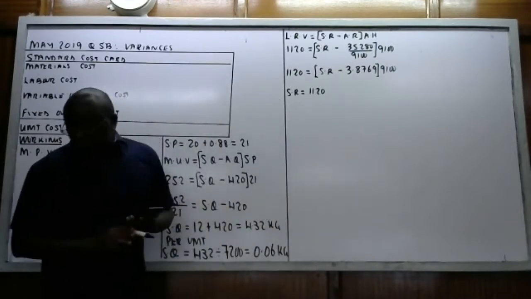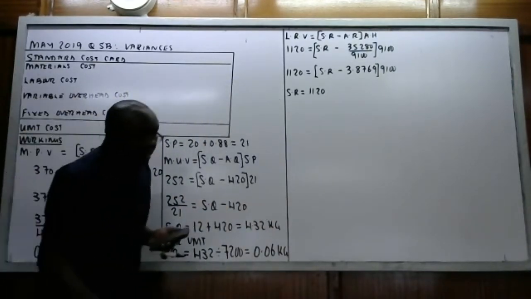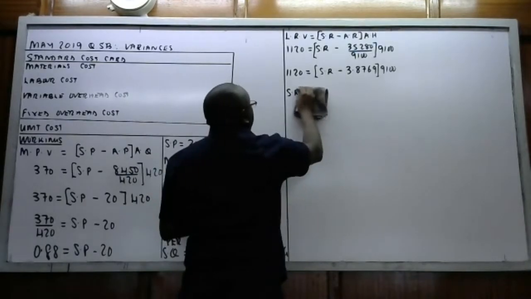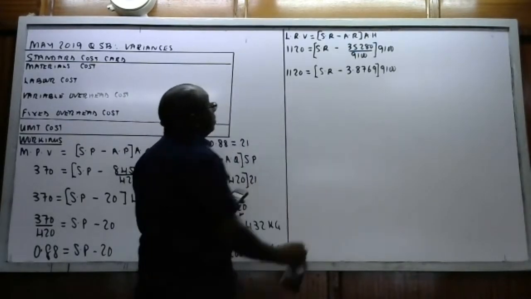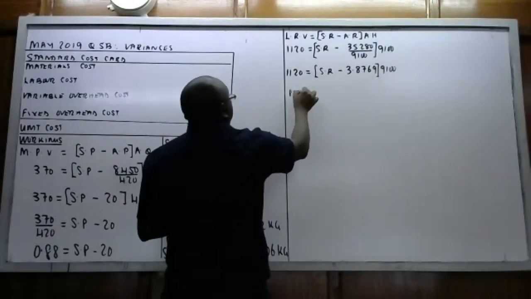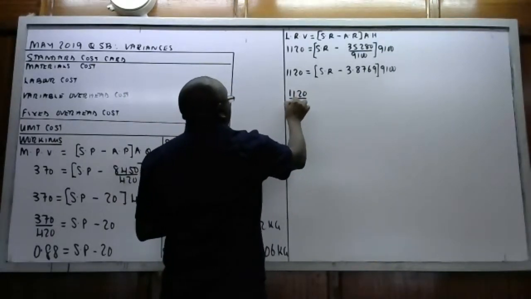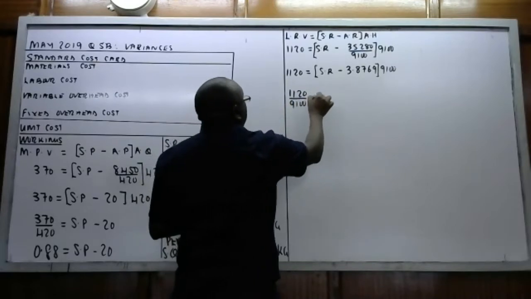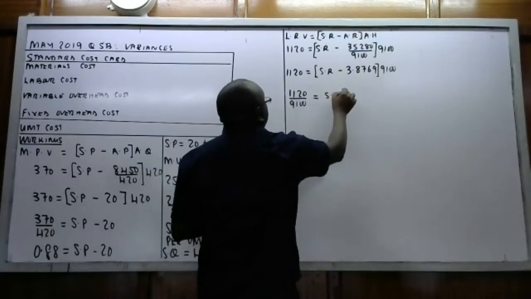I need to have divided. Before we get there, let me not skip. So it will be 1120 you divide by 9100 so that you say the standard rate is